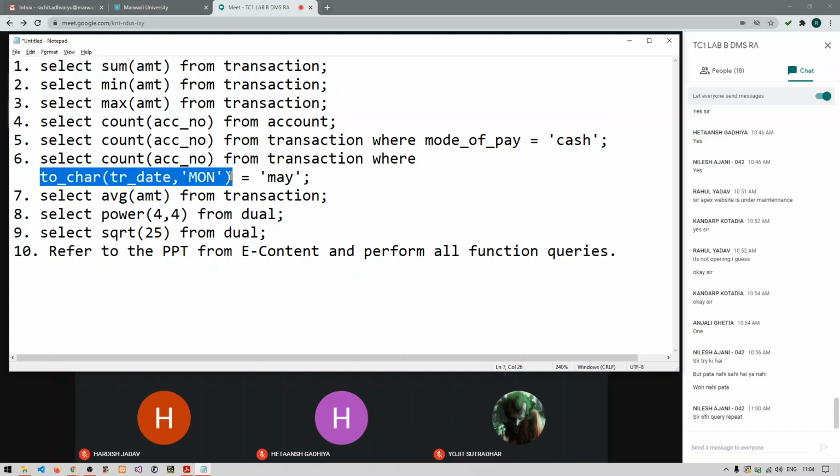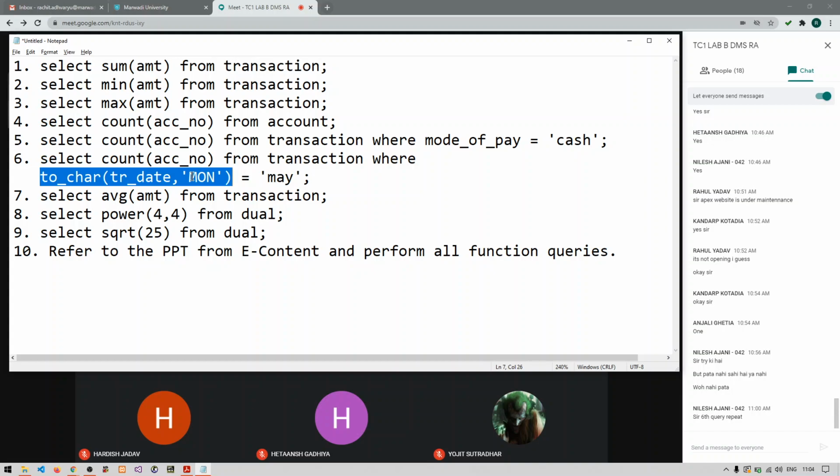So your task is to complete practical 3 now. Everything is provided to you. The 10 queries you can see on your screen. For the 10th query, you need to refer to the PPT for the functions defined in the 10th query, like trim, ltrim, rtrim, lpad, rpad, and a few more functions.